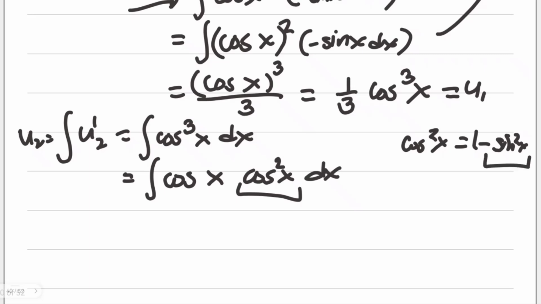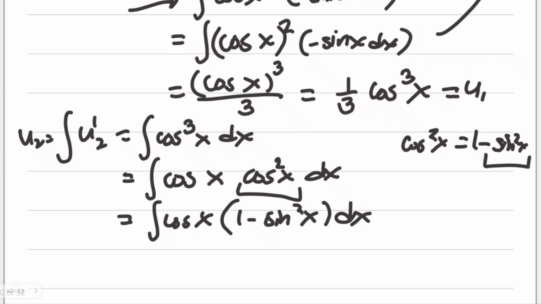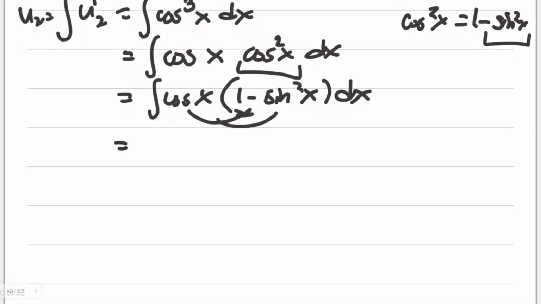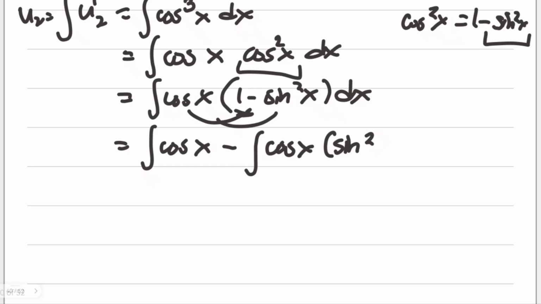So this is what will happen here. Cosine of x times 1 minus sine squared of x dx. Still, we have 1, so we can distribute that. You will have here the integral of cosine x minus the integral of cosine x times sine squared of x